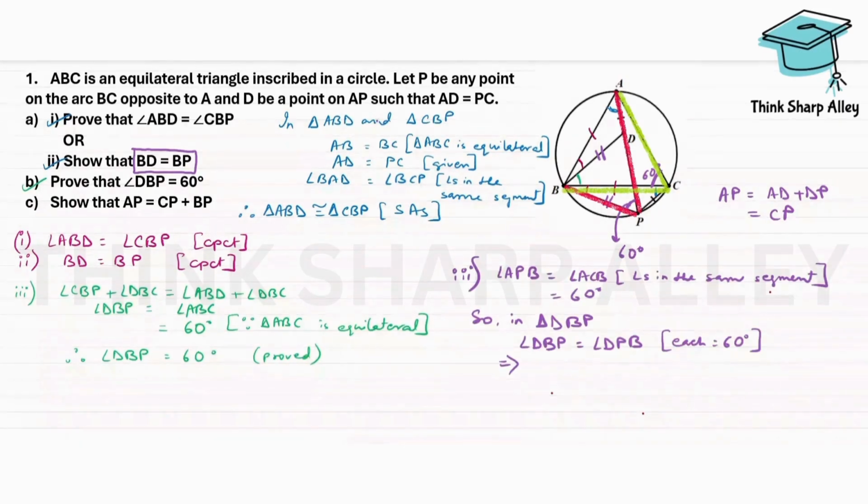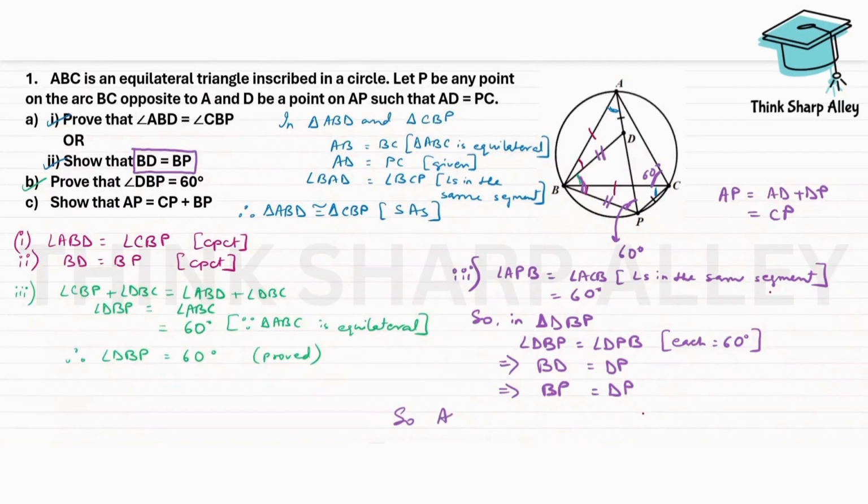So we have in triangle DBP, these two angles: this angle is also 60 degrees and this angle is also 60 degrees, right? So the sides opposite to equal angles are equal, which means BD is equal to DP. But in part 2, we have already proved BD is equal to BP, so I'll replace this BD by BP, and that is equal to DP. So now do you remember, we just had to prove DP equals BP, and we are done.